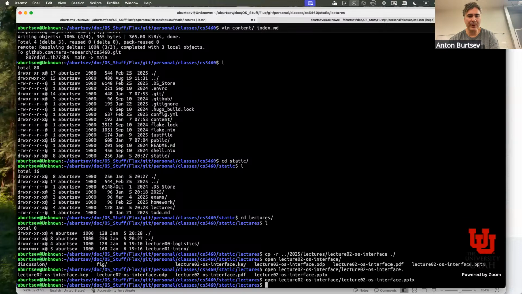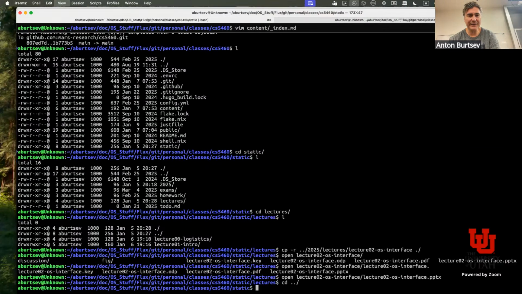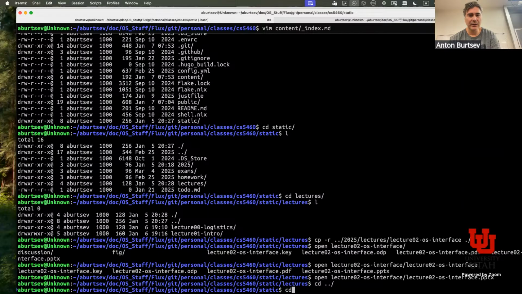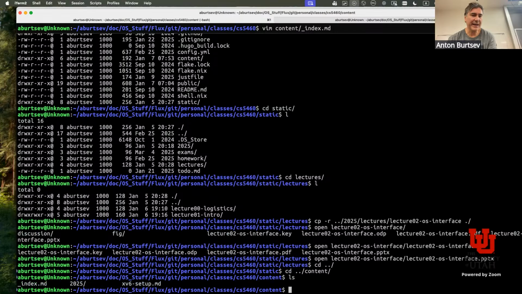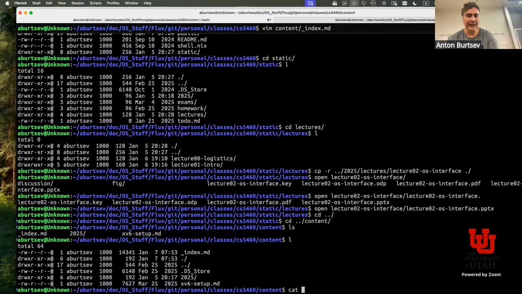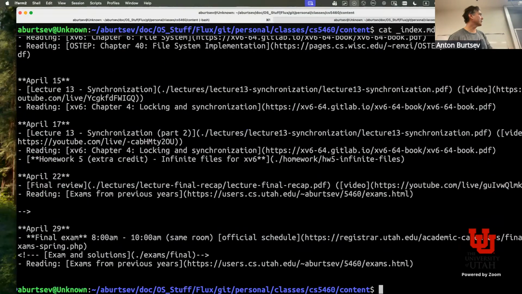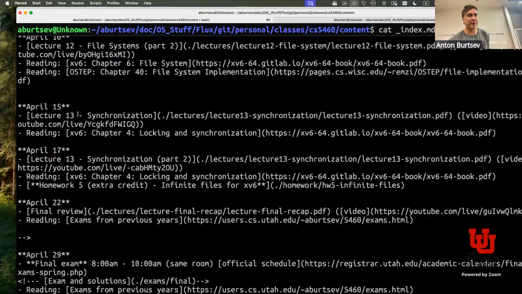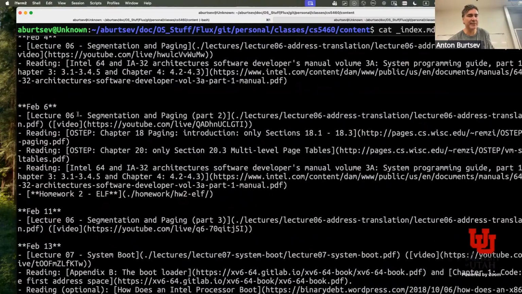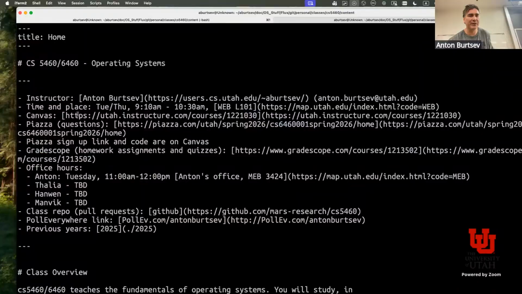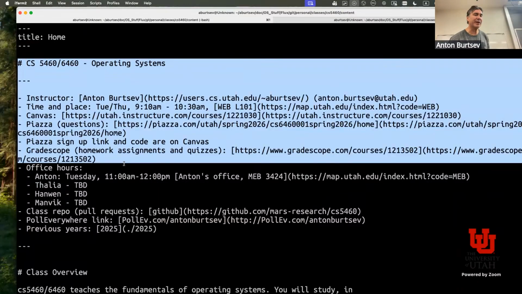Let me make it just an inch more concrete. Here, for example, that's our website for the class, right? So if I go here and I do ls, and then I cat the index file, with this command cat, it's small, probably, but let me make it larger. It reads from a file and outputs on my screen, right? And that's the web page of our class. It's all commented out, but you can recognize the header, the name of the file, it's all MD, right? So this is the command.